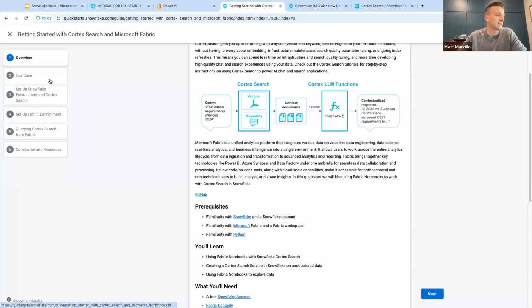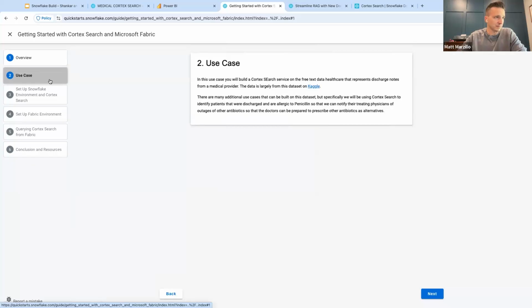We can kind of move on to the use case here. The use case we're going to be looking at is a medical use case, right? So we're going to say that we have some discharge records, right? So we have some patients that were admitted into a hospital and they were discharged. And then we have this kind of free text field that has the physician's notes at discharge. And we're also going to pretend that there was an outage to some sort of a drug that's